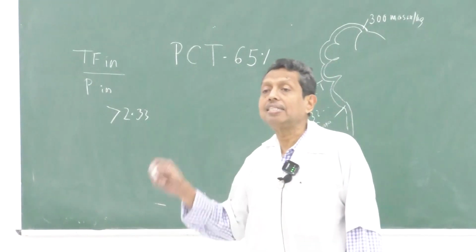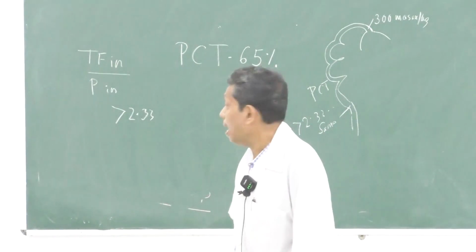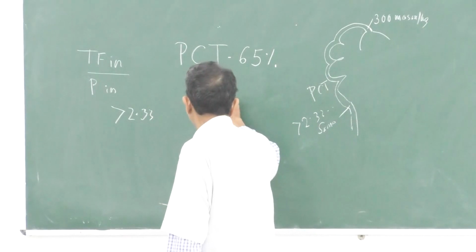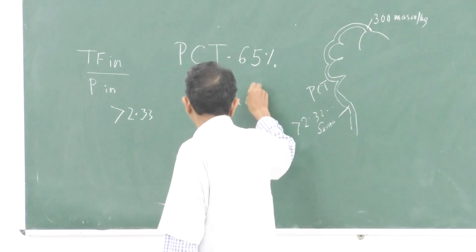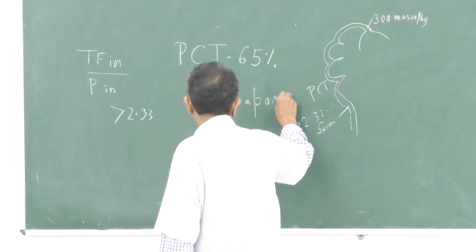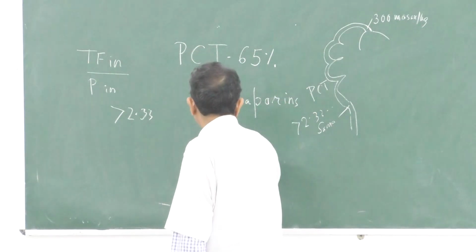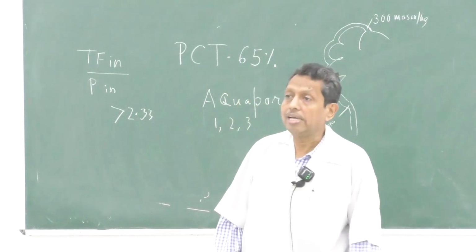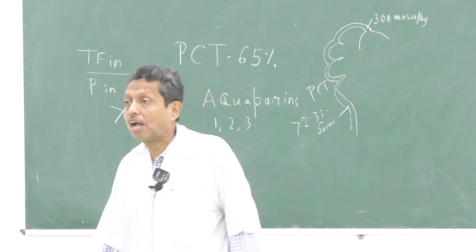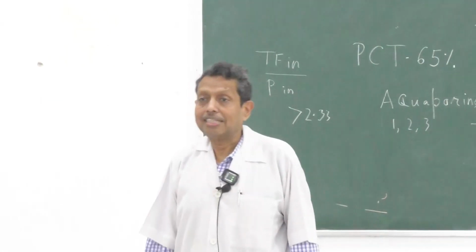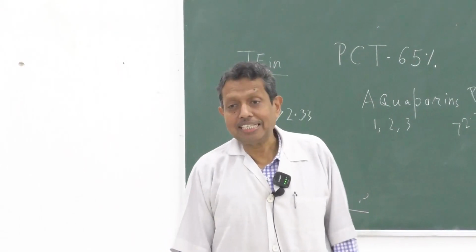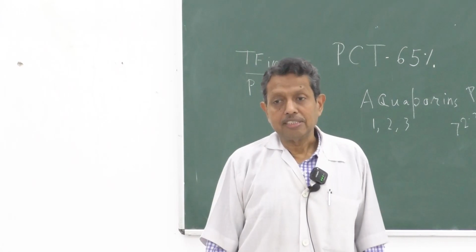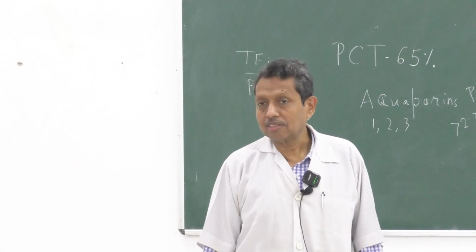And in this case, there is the role of aquaporins. Aquaporins 1, 2, 3. There are other aquaporins also. Aquaporins cause facilitated diffusion of water. You can remember their structure,